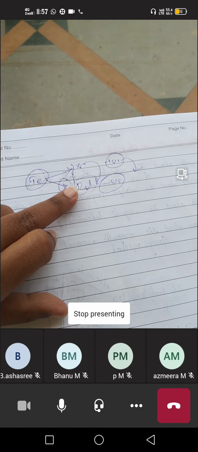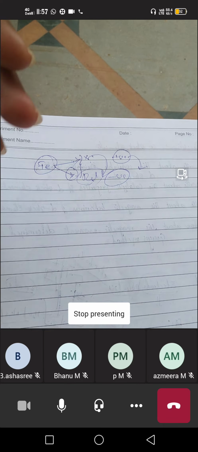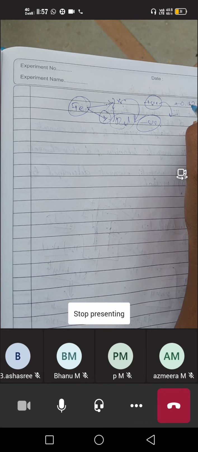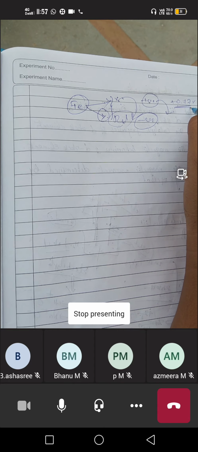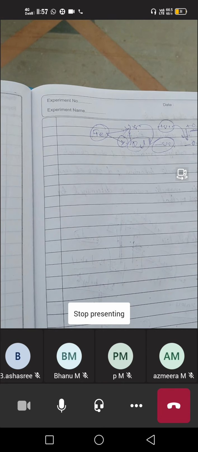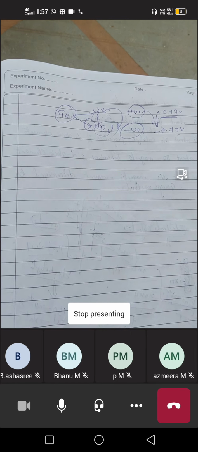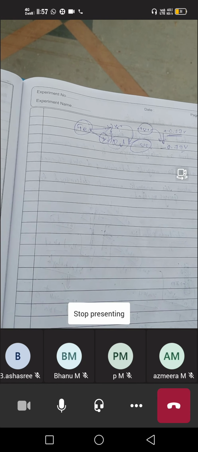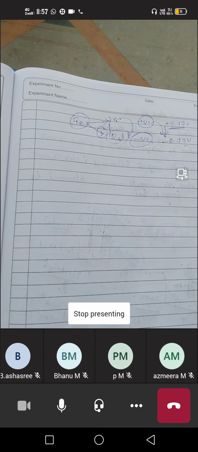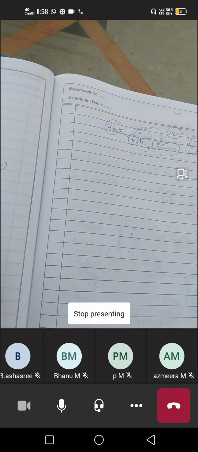So here positive value and negative value, both are there. If they give a positive value, we have to convert it into a negative term. For example, if they give plus 0.77 as the oxidation potential of iron, we have to convert it to -0.77 in problems. Why? To clear out the confusion, only the reduction potential value is taken as the standard value. So from now onwards, standard electrode potential and reduction electrode potential are both the same.